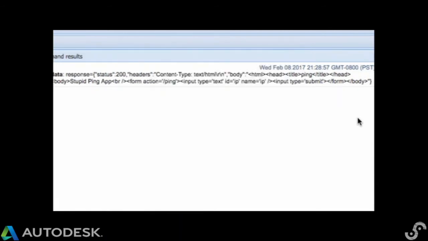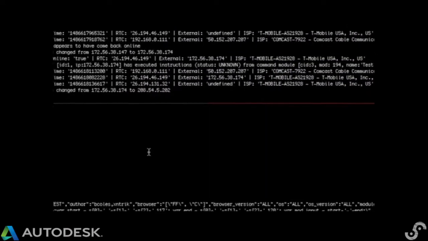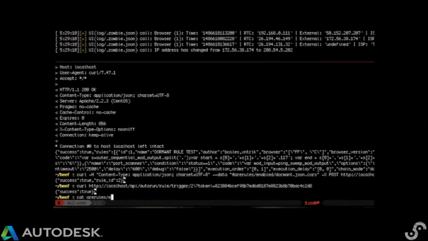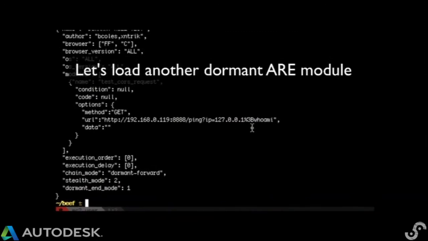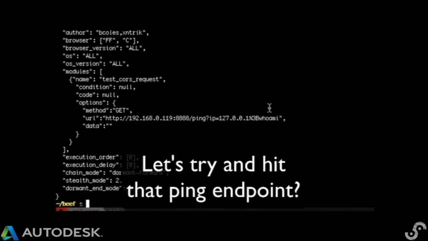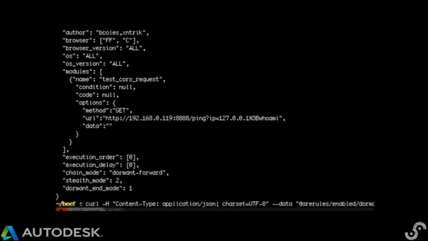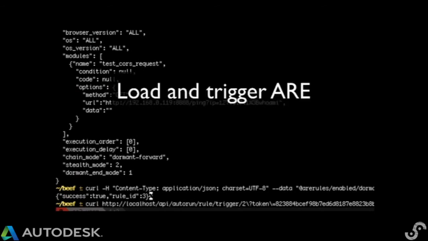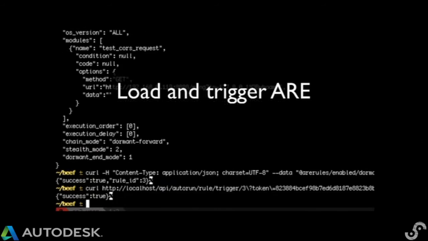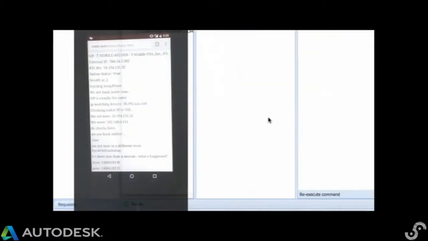So let's say at this point we want to try and send a different request to that web server if the phone ever gets back onto that network. We load up a third module that will send a GET request against that endpoint, but this time it's going to prepend the IP address with a semicolon and an arbitrary system command, just to demonstrate whether or not we can get further information or data out of there. We have to do the little dance: load the module, trigger the module, and then get the phone back on that first network.